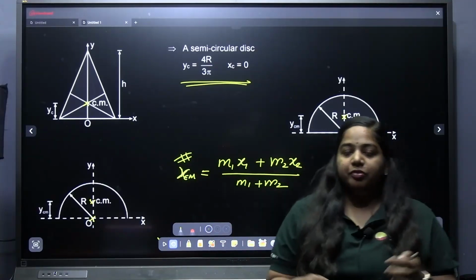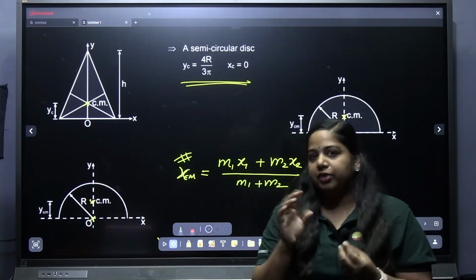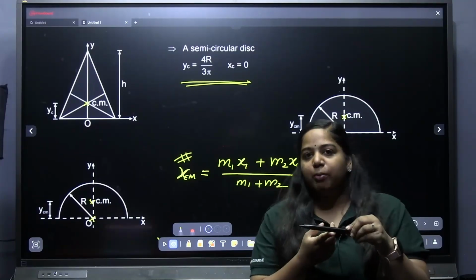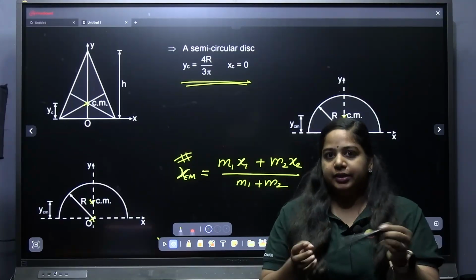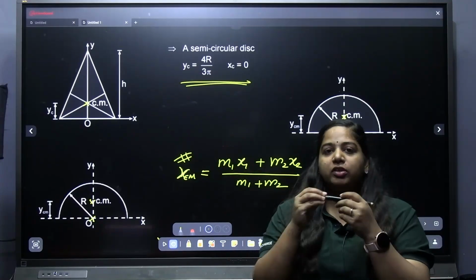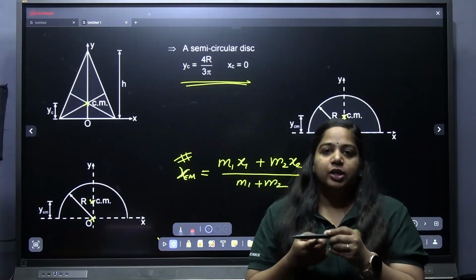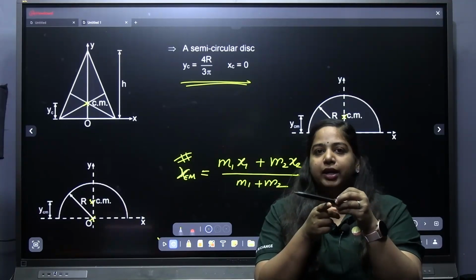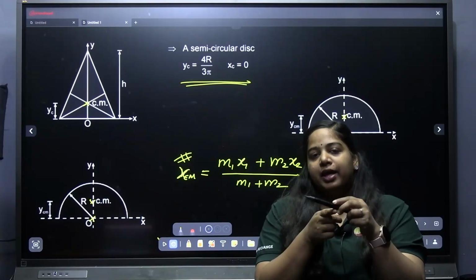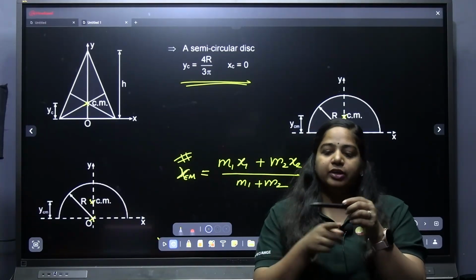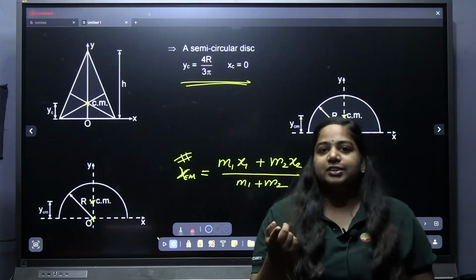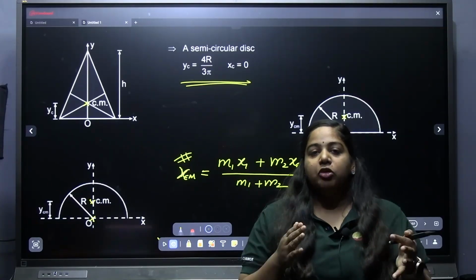Now see, if you have a pen with you, put the cap on the back side and try to balance. Afterwards, put the cap on the front side and try to balance. You will see that when the cap is on the back side, you have to place your finger near the back, and when the cap is on the front side, you have to place your finger near the front side. Why is this? Because the center of mass will be